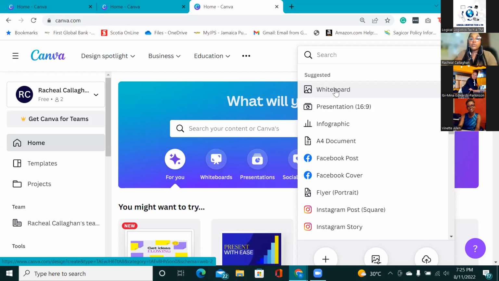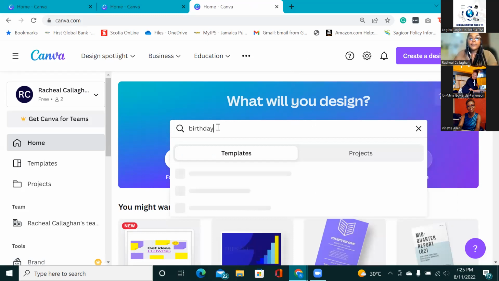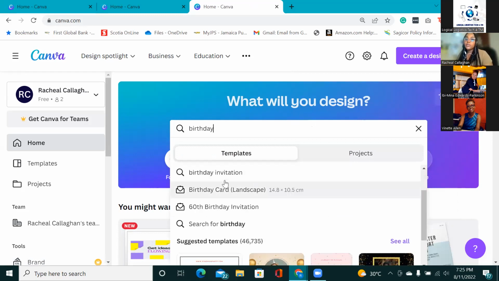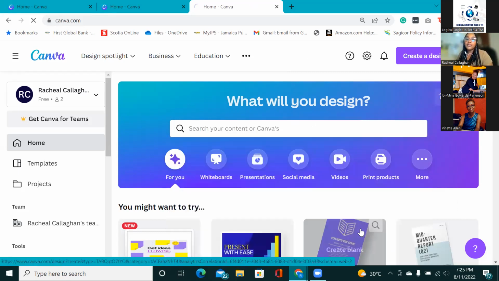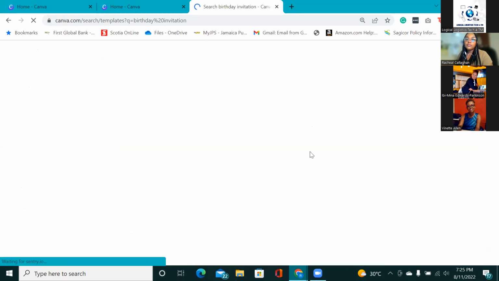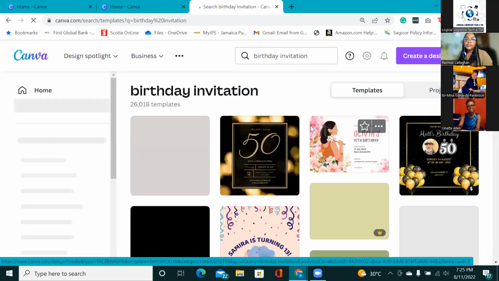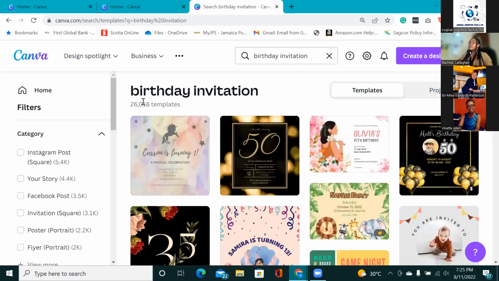So I can type birthday, and it's going to give me options, like birthday invitation. Once I click on that, come on, 26,000 template options that I can utilize,